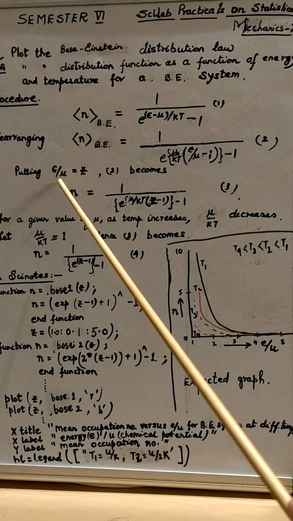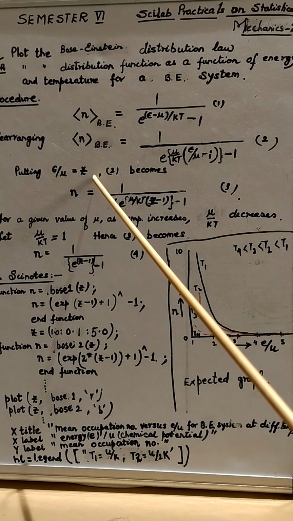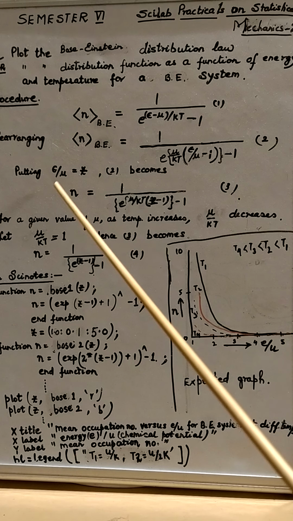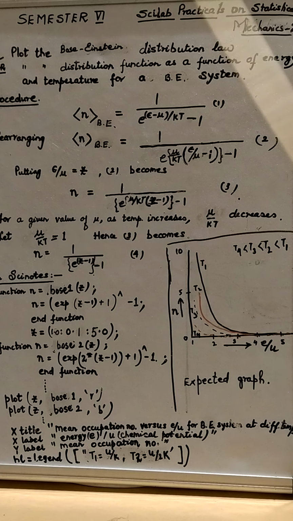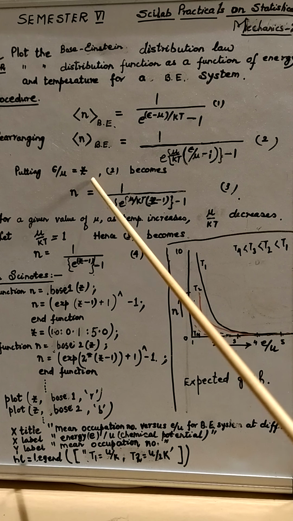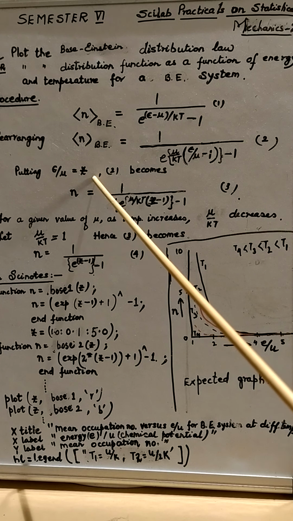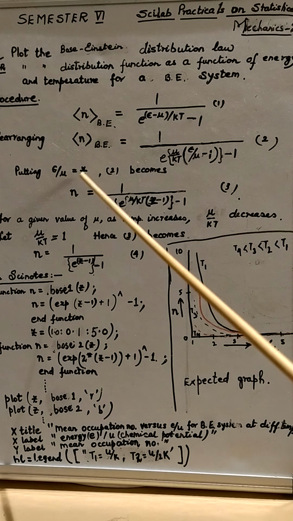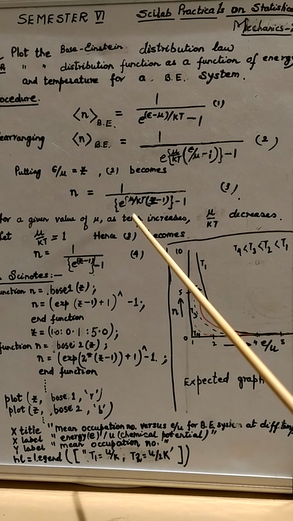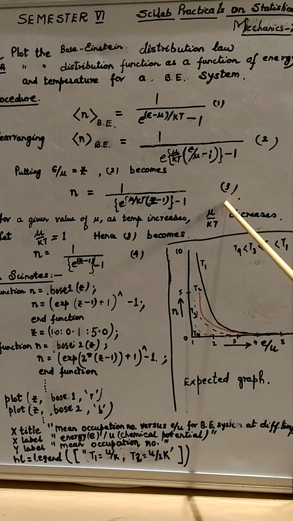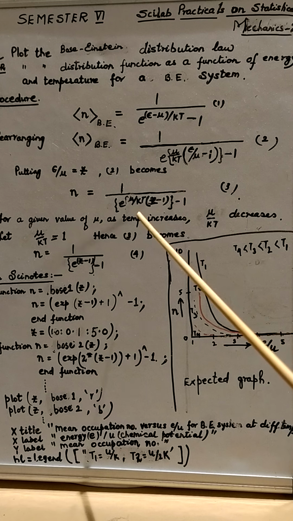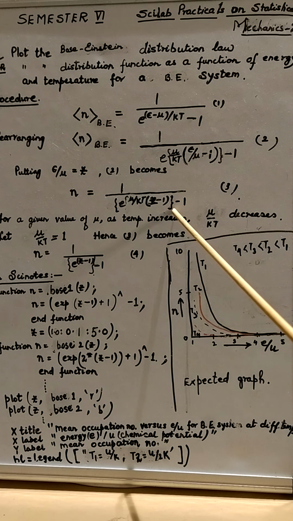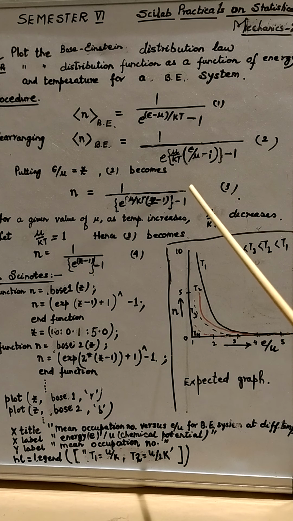Again, like before, I put epsilon by mu equal to z, which is dimensionless, because as you know, epsilon the energy and mu the chemical potential have the same units. So we are dealing with a dimensionless variable, and that gives us a lot of advantages when plotting graphs. When I introduce the z, equation number 2 takes the form of equation number 3. You have e to the power mu by kT and z minus 1 over here, a pair of curly brackets, and then this followed by minus 1.